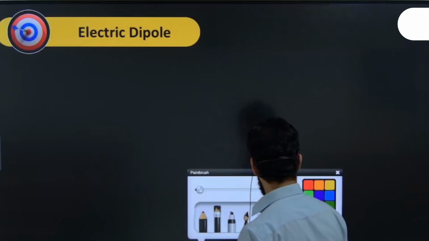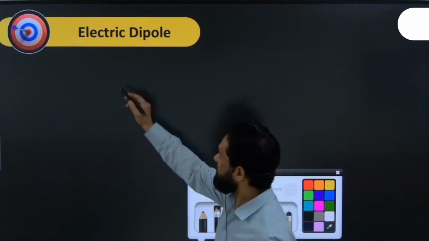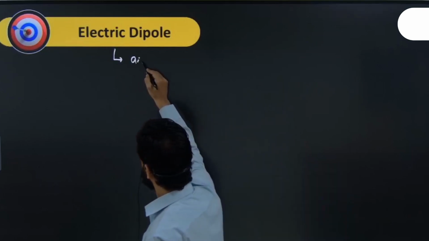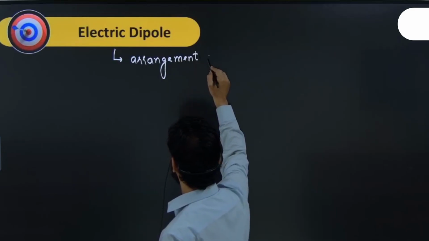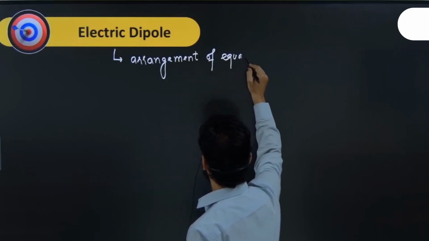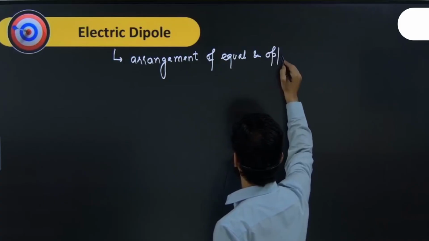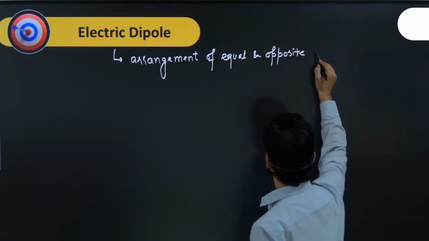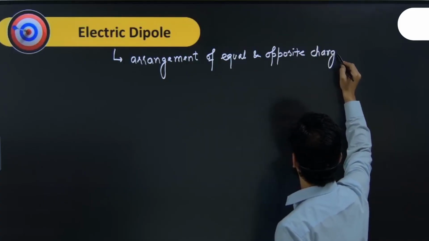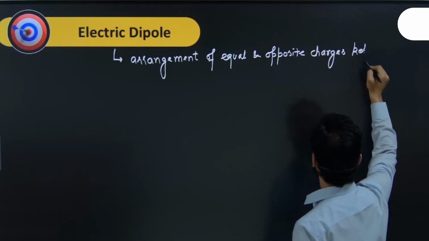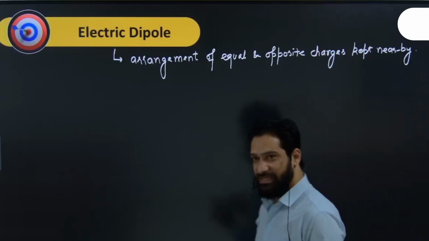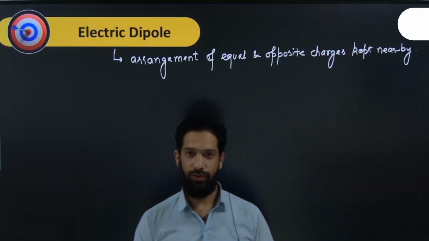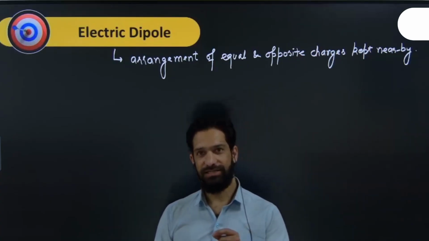First of all, what is an electric dipole? We define a dipole as an arrangement of equal and opposite charges kept nearby. So a dipole basically is an arrangement in which we have equal and opposite charges, and they are just kept near